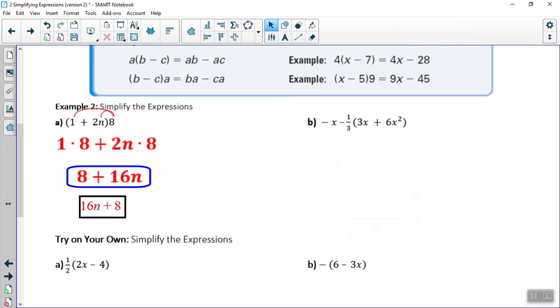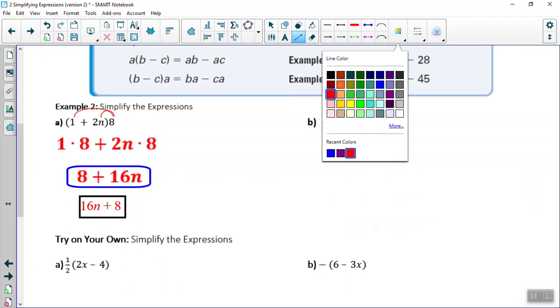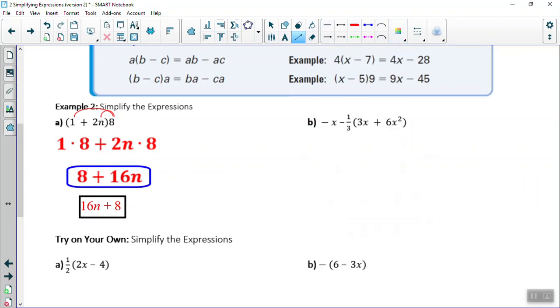All right, let's take a look at this one. All right, now I need to distribute that 1/3. But be careful because there's a minus sign in front of it. Whenever we see a minus sign, we're really saying that we are adding